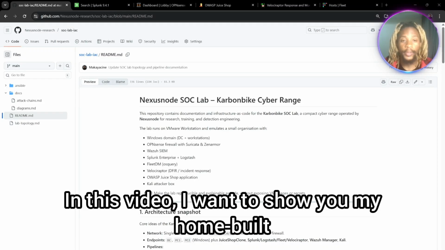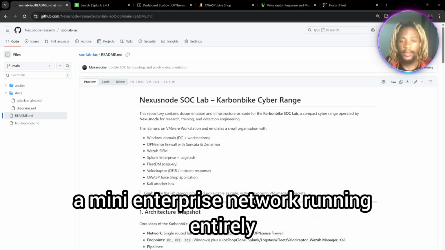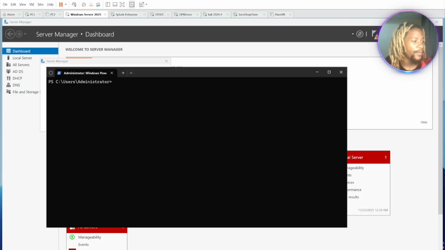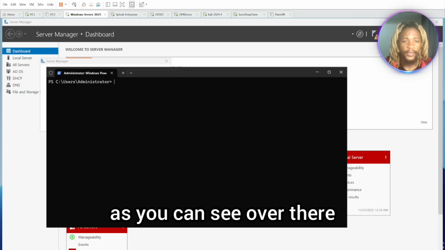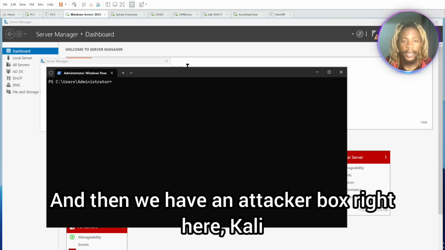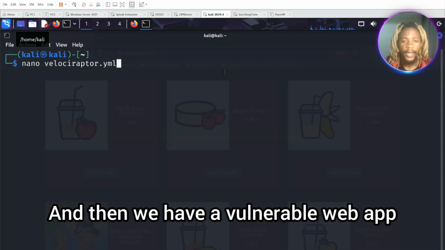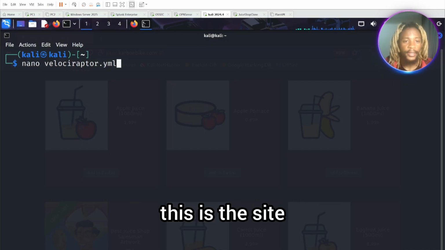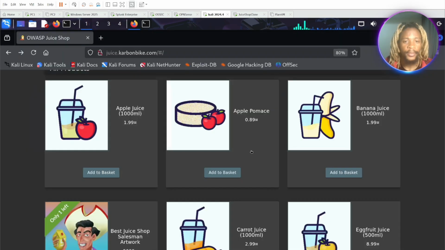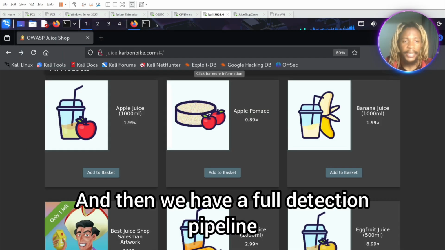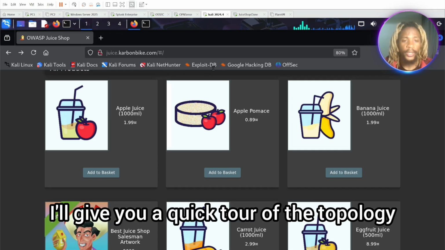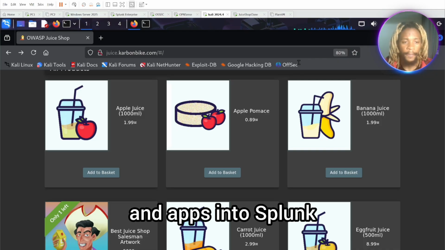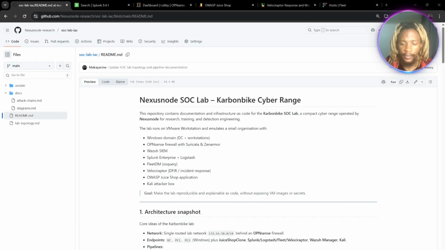In this video, I want to show you my home-built security operations center lab, a mini enterprise network running entirely on my Acer Predator laptop. Now, we've got a Windows domain, as you can see over there, and then we have an attacker box right here, Kali, and then we have a vulnerable web app, that's the VM machine, and this is the site. There you go. And then we have a full detection pipeline into Splunk right over there. I'll give you a quick tour of the topology and then show you live telemetry flowing from endpoints, firewall, and apps into Splunk. Now, moving over to the topology,